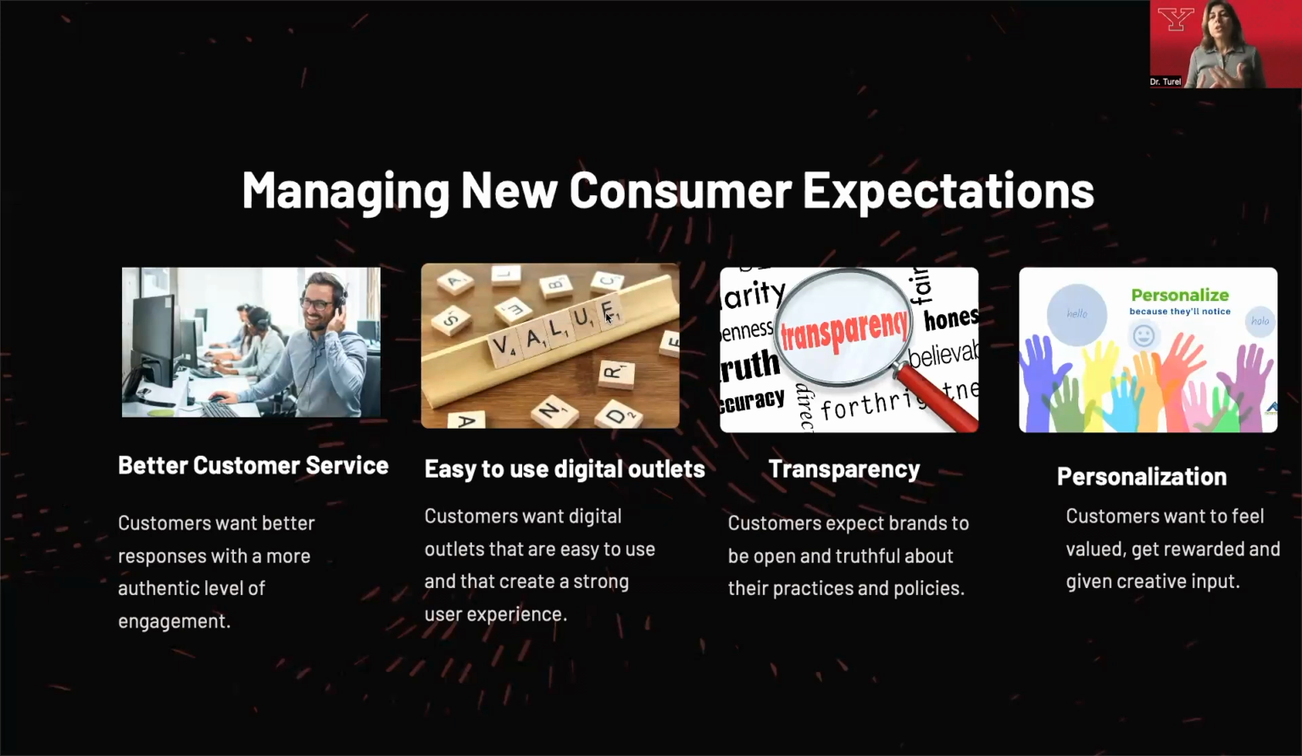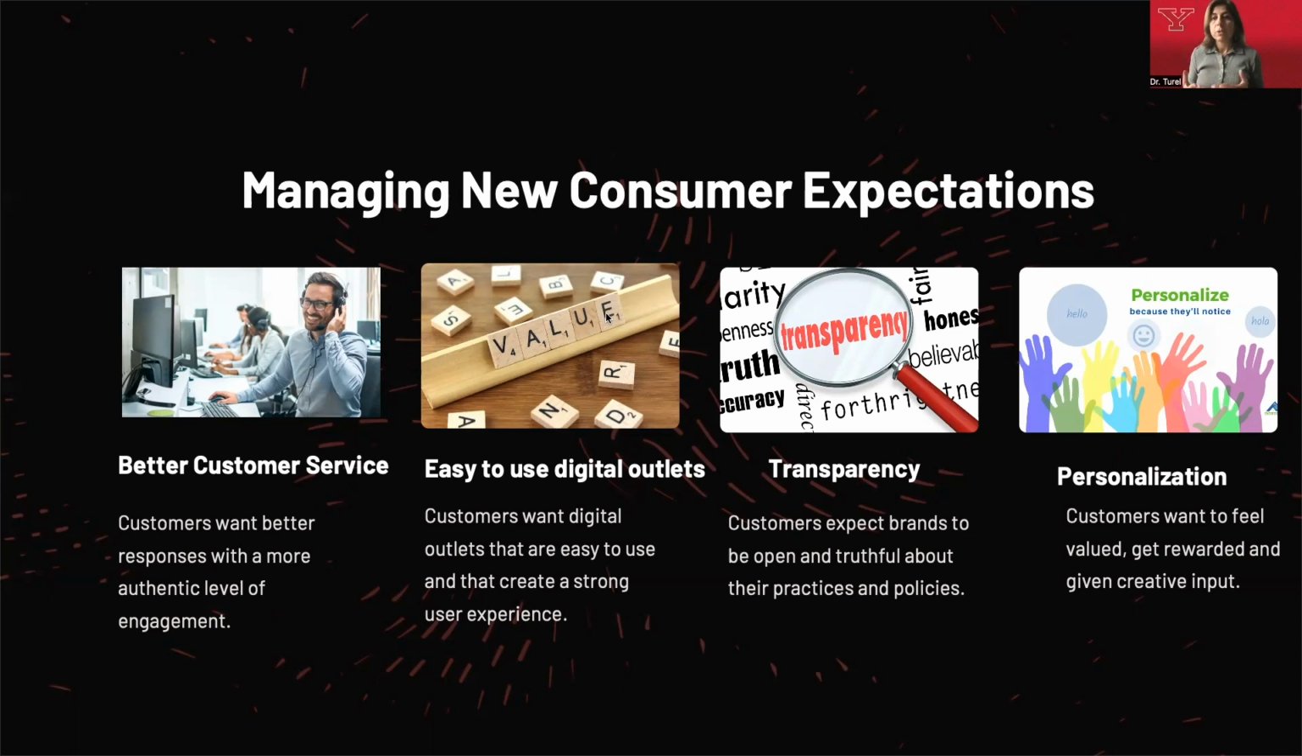So when we talk about managing new consumer expectations, there are 4 major things that the brands need to watch. The first one is customers expect good customer service. Customers want better responses, and they want a more authentic level of engagement from the brands. The second thing is easy to use digital outlets. Customers want digital outlets that are easy to use and create a strong user experience. The third one is transparency. They want the brands to be truthful about their practices and their policies. And the fourth one is customers want to feel valued,